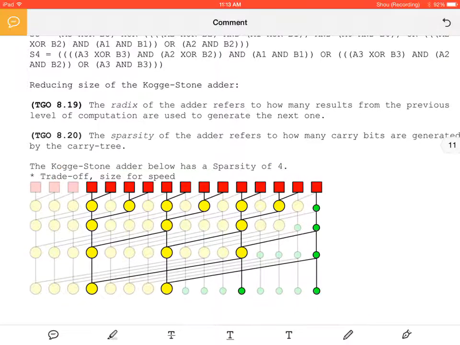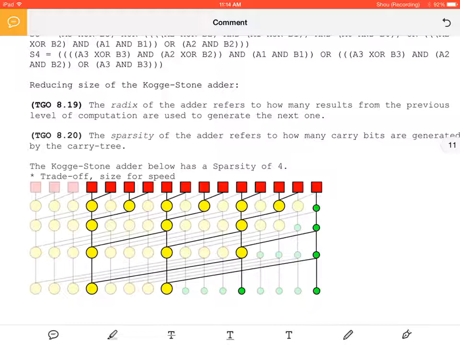However, we can cut down the number of carries by using the concept of sparsity. But first, radix of the adder refers to how many results from the previous level of computation are used to generate the next one. So here, right, here we have 1. It uses this level and this level, right? 1. Does it use this level? Yep. So it uses 3 previous. So it's a radix 3